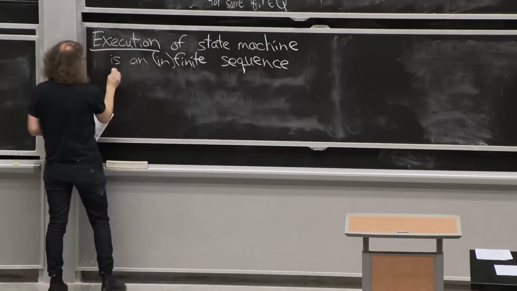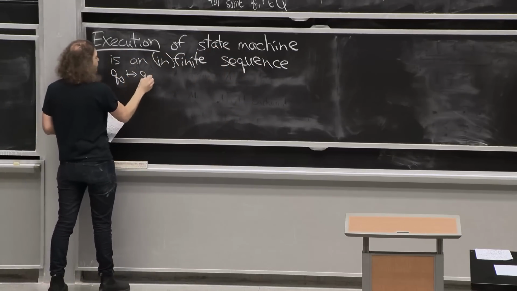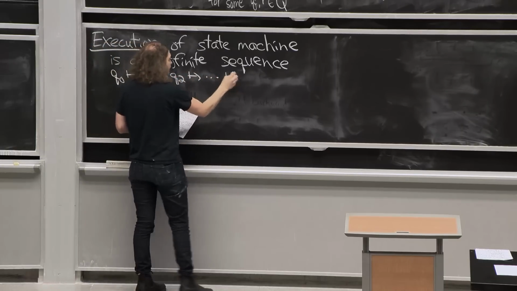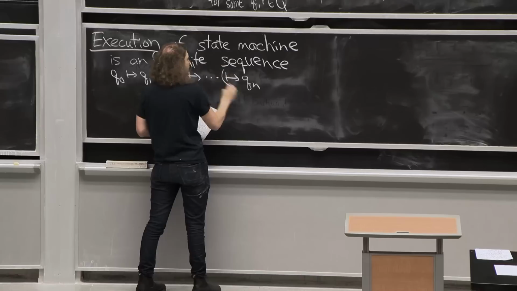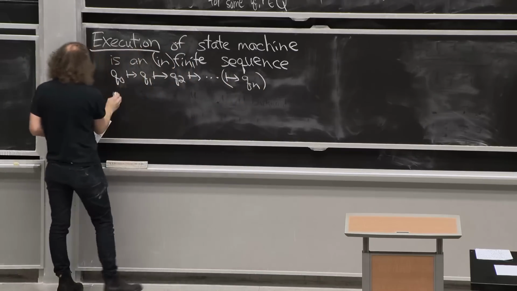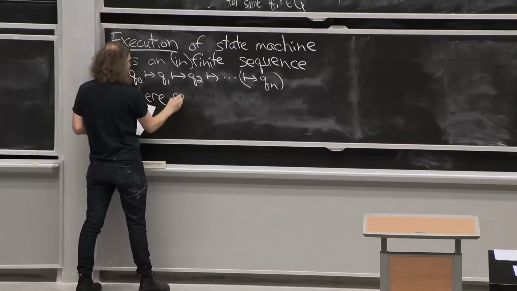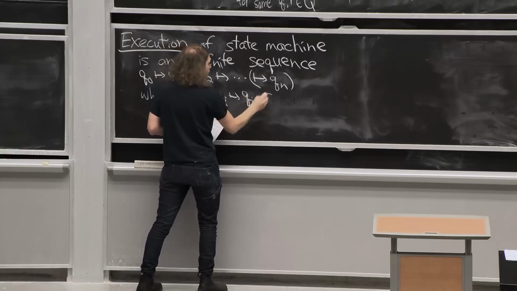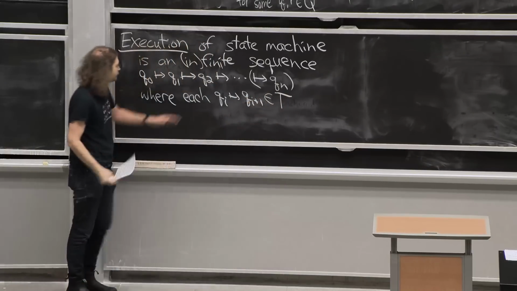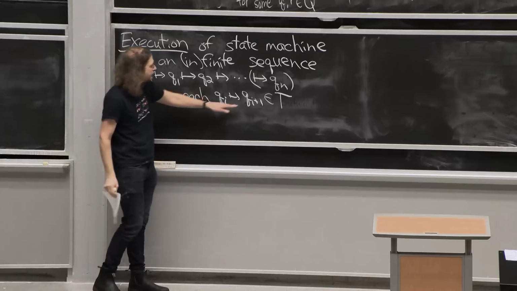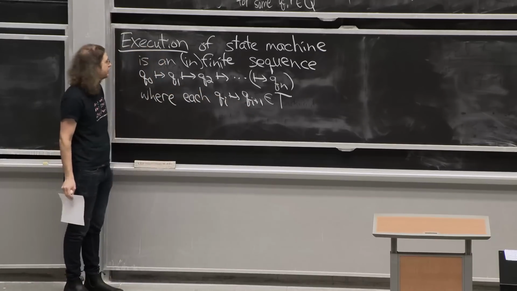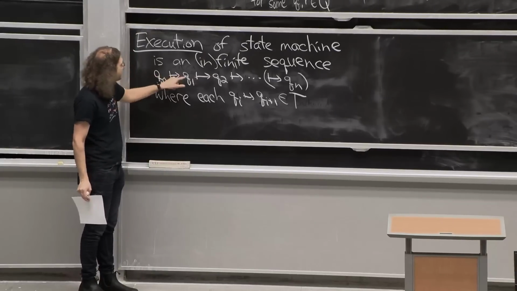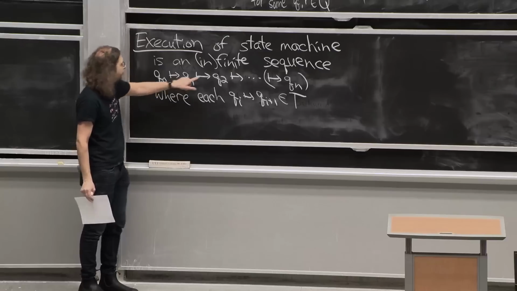So let's write it as Q0, arrow Q1, arrow Q2, and so on, maybe up to Qn. And importantly, every transition we make, for all i, qi to qi plus 1, should be in T, not just any set of states here. We want to start in Q0, our start state. We want to then make a valid transition from Q0 to Q1, then a valid transition from Q1 to Q2,